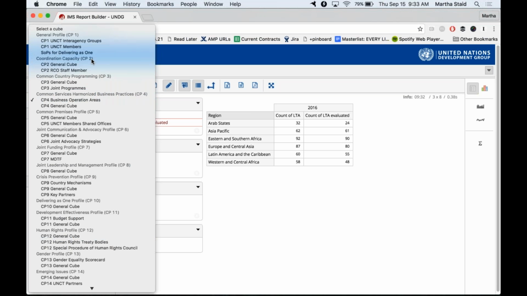There's no way to cross-reference, say, your count of long-term agreements with your human rights treaty body's information. It's just not the way the system works. There's no usable baseline. So if you're interested in those two pieces of information, you would just end up making separate cubes and working with that data separately.